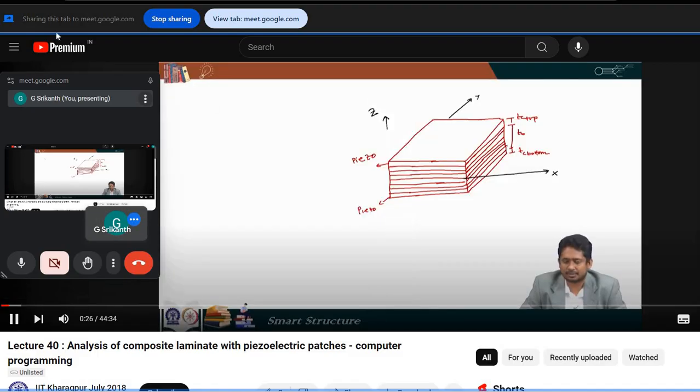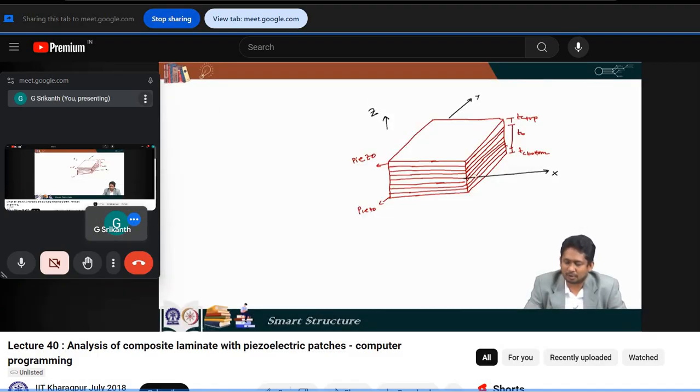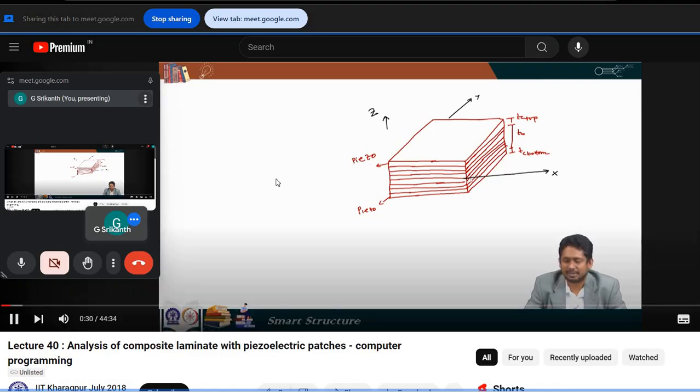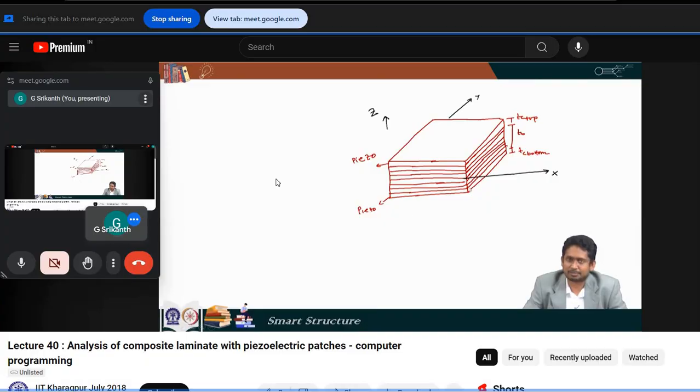In this lecture, we will discuss solving the actuation problem in composites with the help of piezos using MATLAB. So, we will write computer codes and we will see how this analysis can be done. We have seen that this kind of analysis involves a lot of computation. So, this is not something to be done manually for even a slightly complicated case. For that we need to develop a computer code and solve the problem, and that is what we are